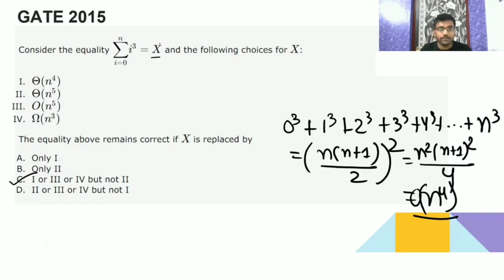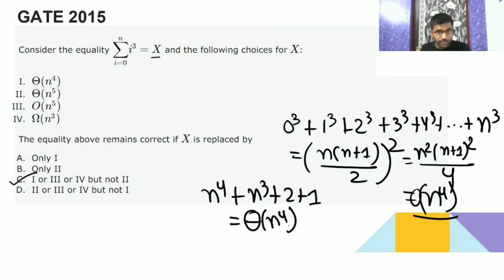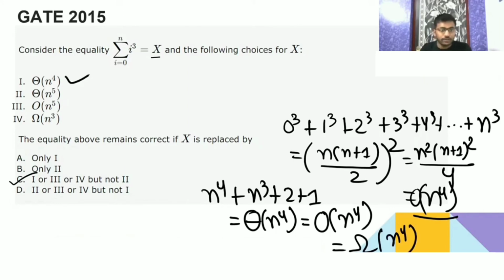So in place of x you can even substitute theta also. N to the power 4 you can substitute. So it is sometimes greater than or smaller than also. If you take a constant you can vary. I have told you, watch my first video on asymptotic notation, that whenever it is n to the 4, n to the 3 plus 2 plus 1, you can take the biggest term in the form of theta. So it is going to be n to the power 4. Then it is even big O of n to the power 4, and omega of n to the power 4. So big O is also true, and omega too.